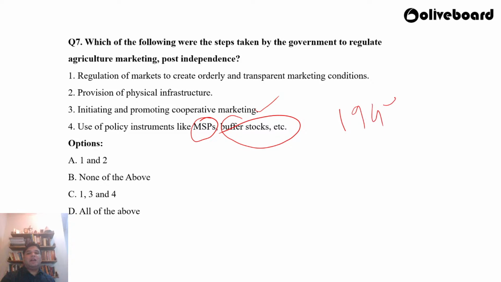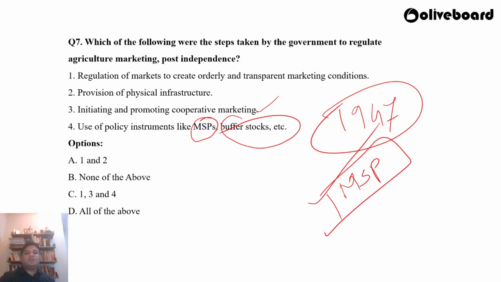Means after 1947. See, right now farm protests are going on in Delhi, right? A lot of farmers, in fact farmers in hordes, in lakhs, have descended upon the national capital from states like Punjab, Haryana, Rajasthan, Western UP, and even states like Madhya Pradesh, Maharashtra, and Bihar. So right now there is a tussle going on between the central government and the farmers of this country, right? So minimum support price is in the news. Therefore such questions can be asked because these are highly relevant topics, and they can be asked in the exam.